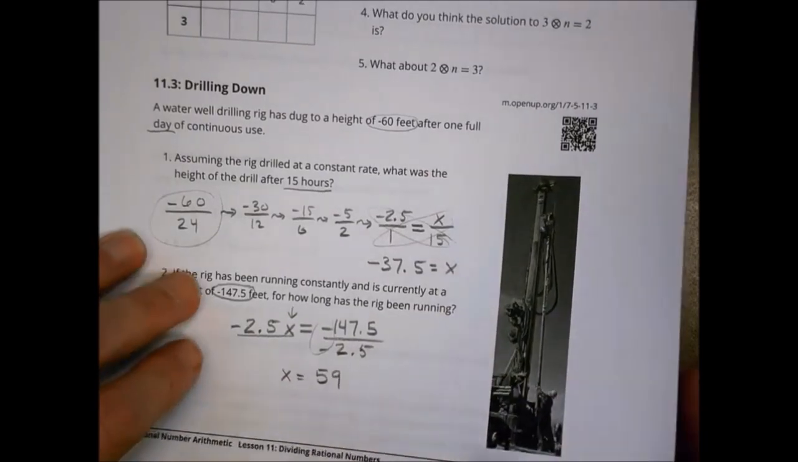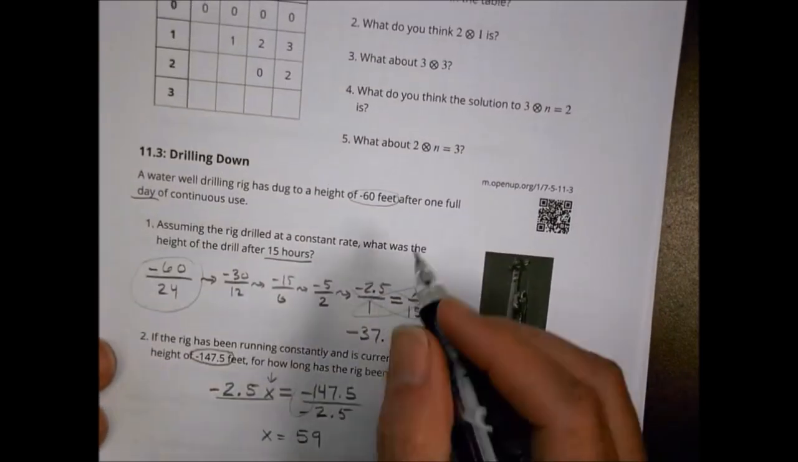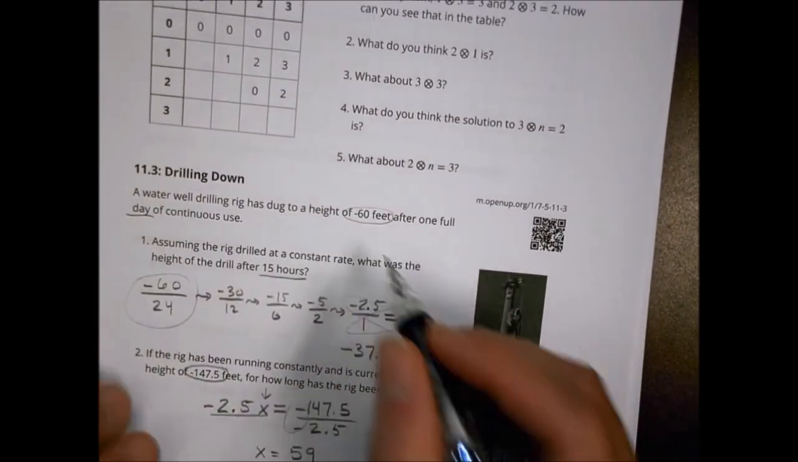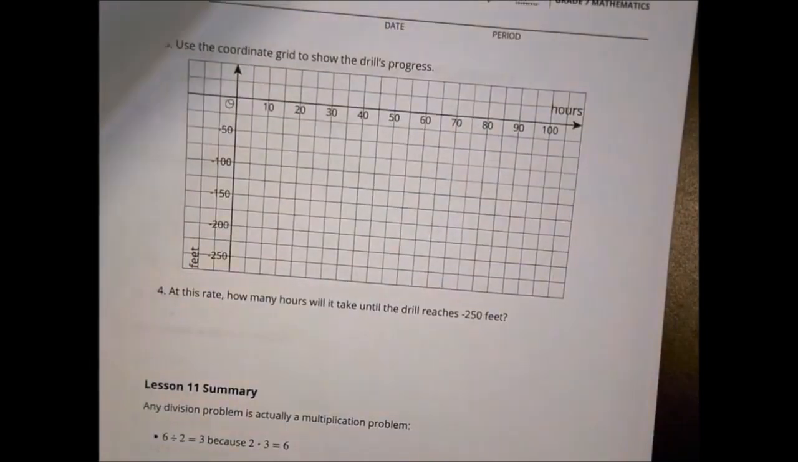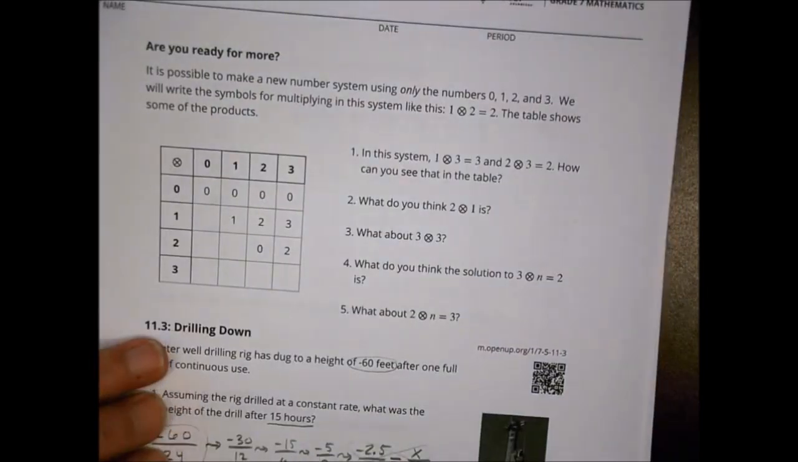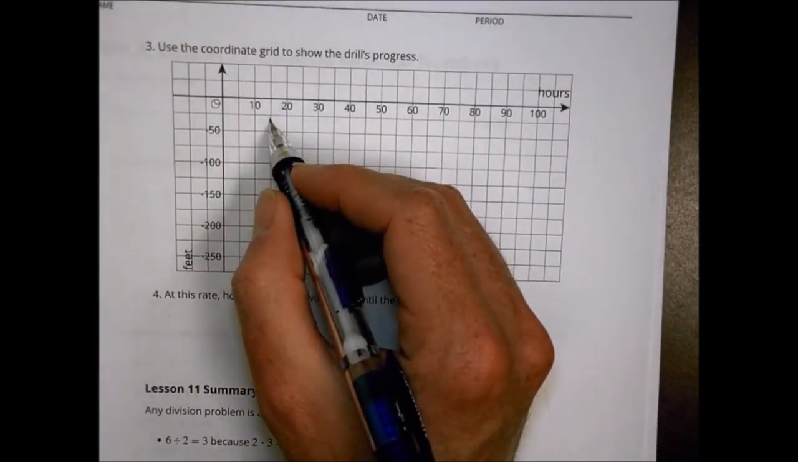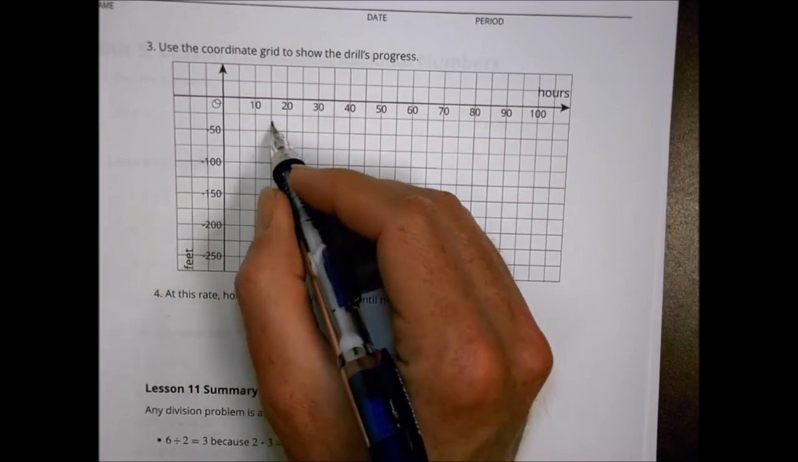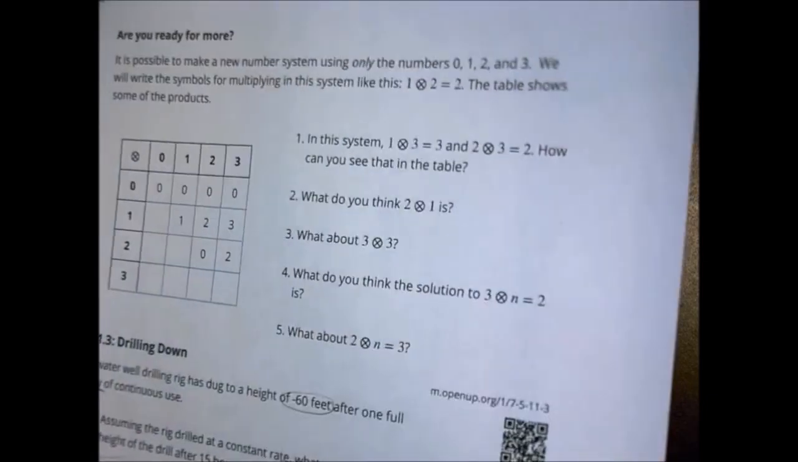So using the coordinate grid on the next page, we want to show the drill's progress. So we have some points, right? Our points are at 15 hours, we've gone 37.5. So here's 15, and we're going to go 37.5. We're going by 25 here, so we're somewhere around there at 15. We know that at